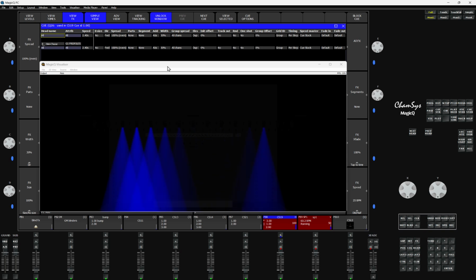Again, this is a workaround, it's a trick. It's maybe not useful for everybody, but for people who are looking at programming shows and need fine-tuning, this is the best